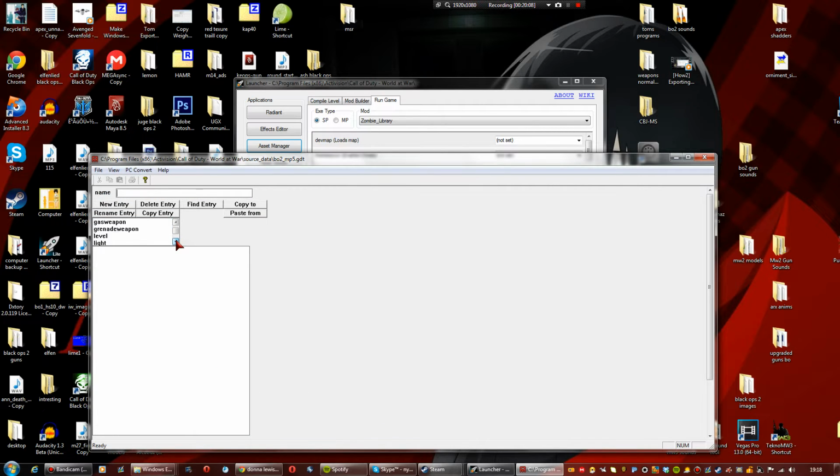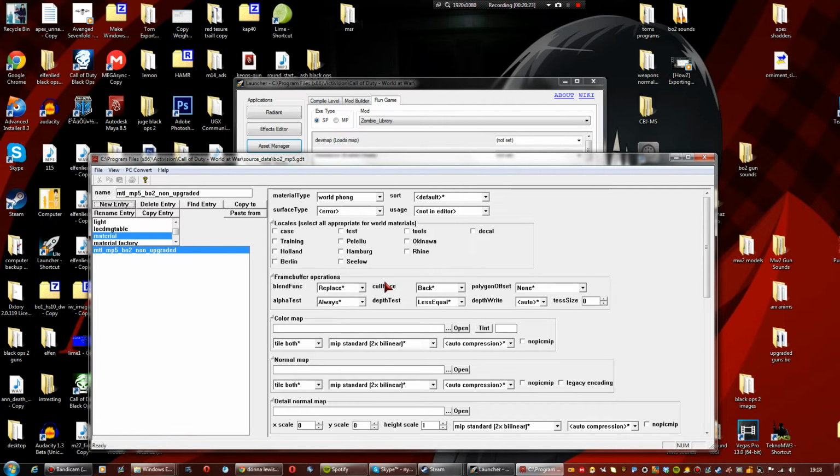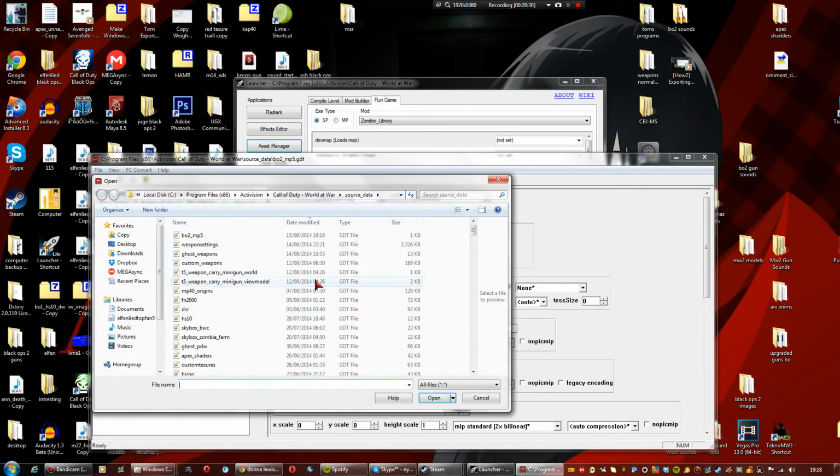Okay, so once we've done that, you go to material, new entry, TL, MP5, BO2, non-upgraded. I'm hoping that's right. I'm hoping that's what I actually named it. Can't remember, but